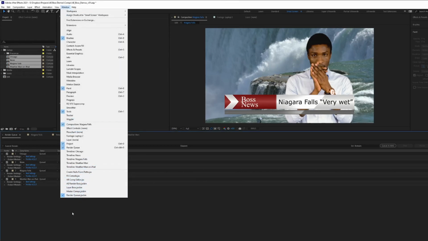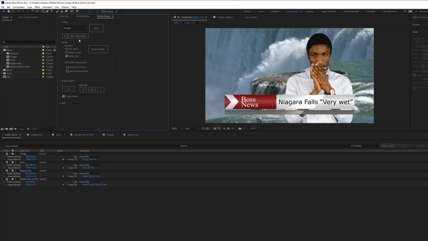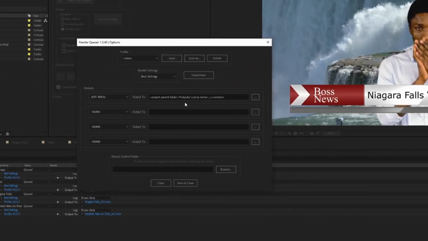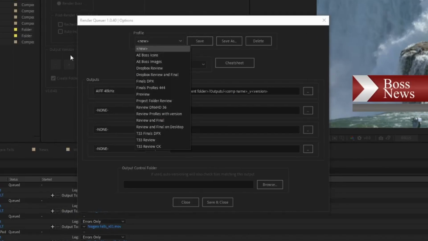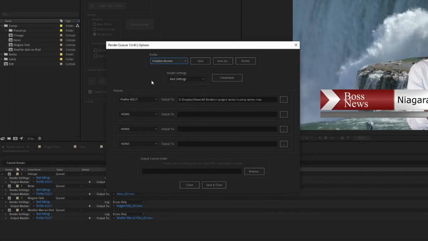RenderCure works by creating profiles. You can create a profile specific for a single project or a more general profile that you can use with all your projects. To create a profile, I'm going to click here at Edit Profiles, and that will bring up this window. At the top here, I can select the profile that I want, and down here are all the settings for that profile. So if I select this one, Dropbox Review, that loads all the settings for that profile